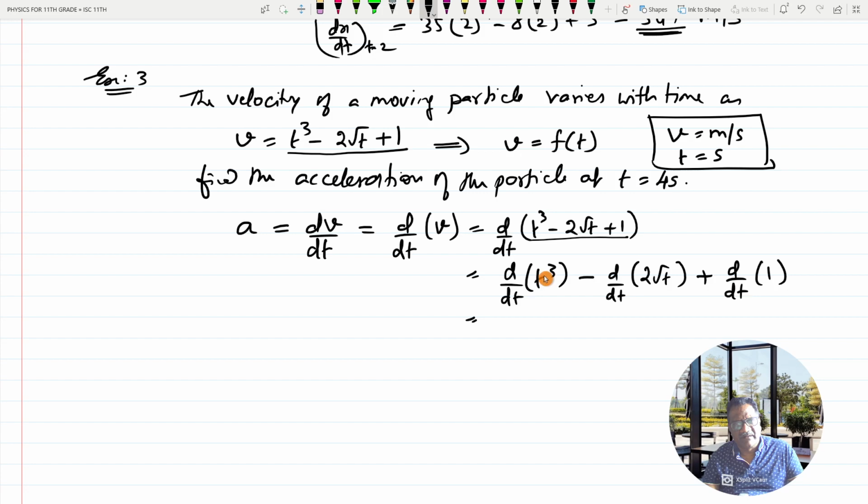This is equal to t cube, whose derivative is 3t square, minus 2 root t, whose derivative is 2, a constant, so bring it outside, and the derivative of root t is 1 upon 2 root t. Okay, this you can take it from me. Derivative of root t is 1 upon 2 root t, plus derivative of 1, you know it is 0. So you get 3t square minus, this 2 gets cut, 1 upon root t. This is your